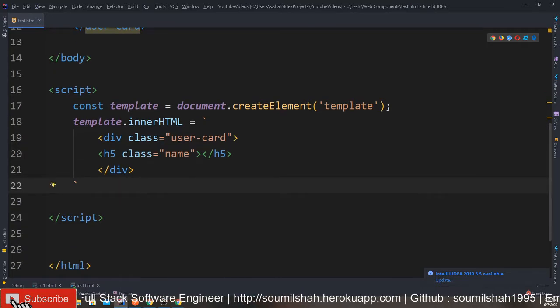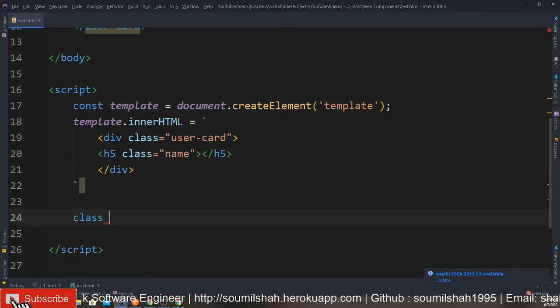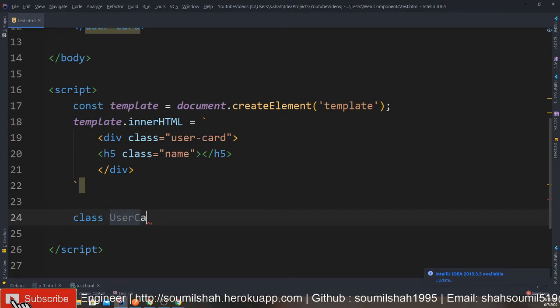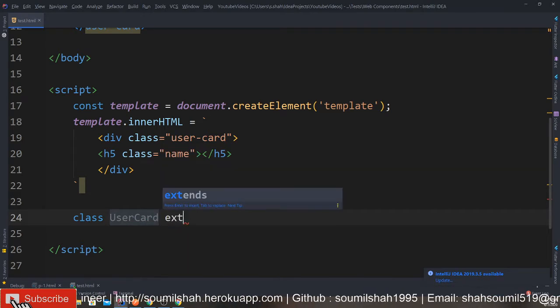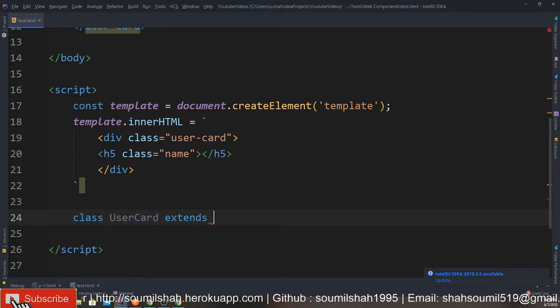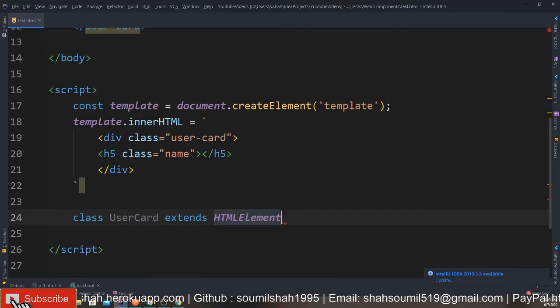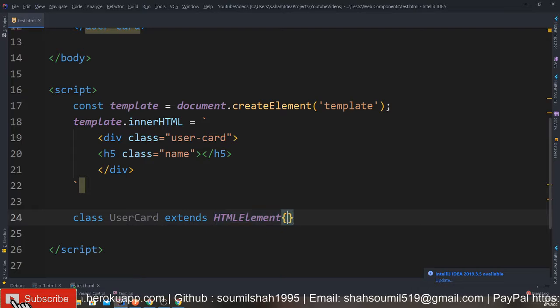I'm going to say class, and we need to define our class. I'm going to say UserCard, and this should extend HTMLElement. Basically we are doing inheritance from HTMLElement. So we have done the inheritance.